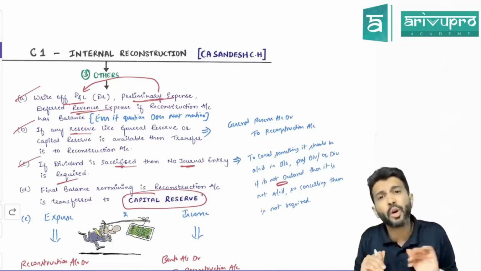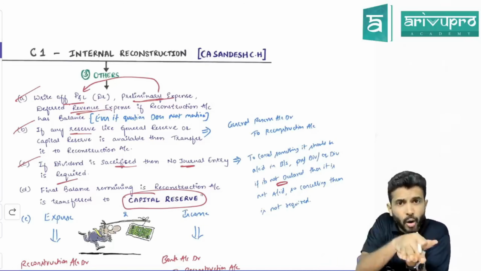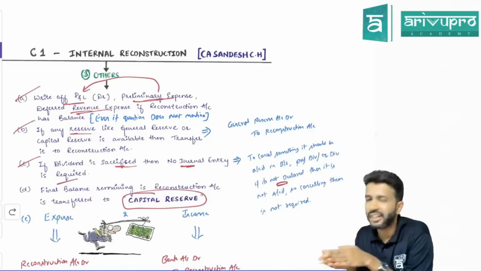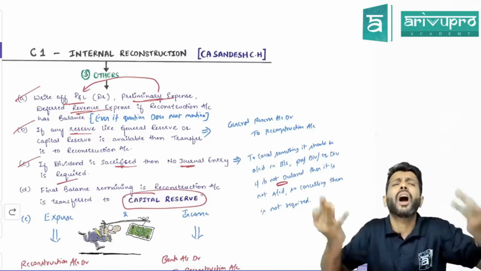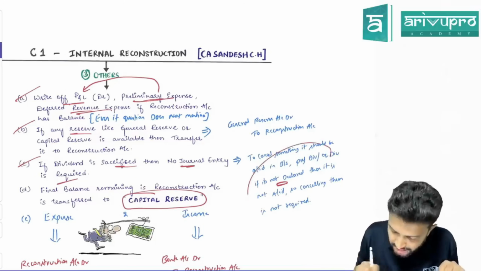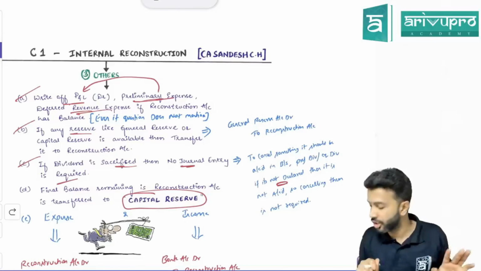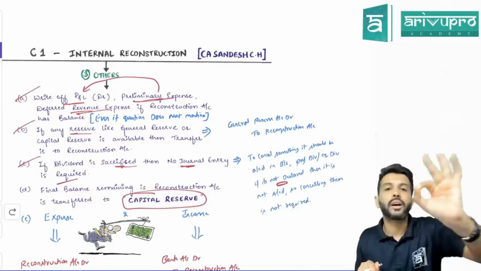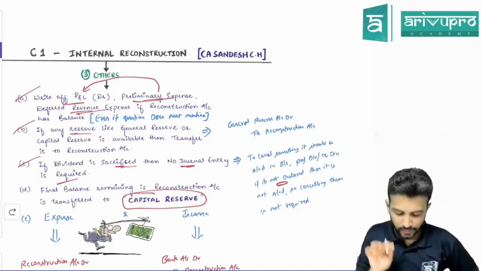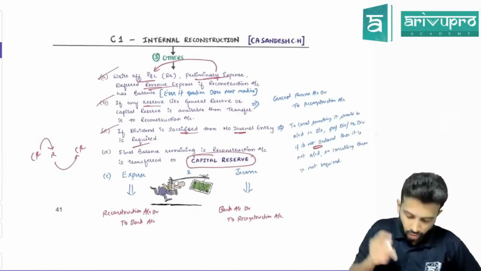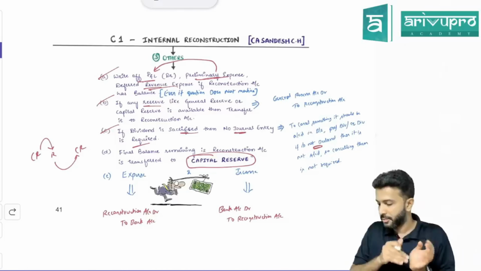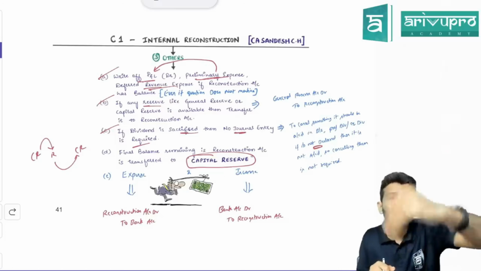Five years of dividend, have you already accounted for it? No. If you have accounted something, then you can cancel it. If you have not even accounted for it, how can you cancel? So for such a transaction, no cancellation journal entry is required. Okay? Alright. Sir, in this internal reconstruction they also give you something,